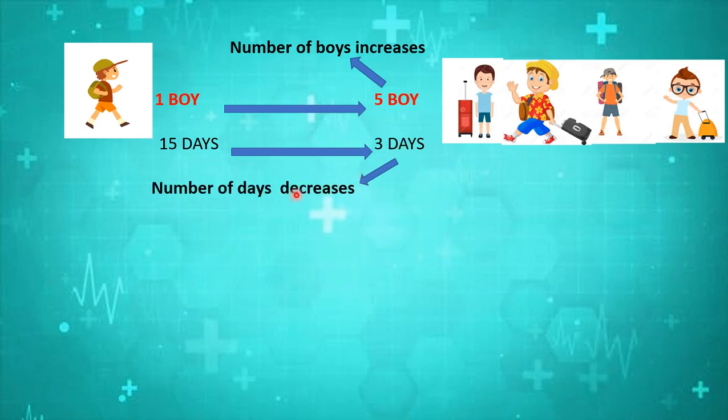Now one point we have to understand here: in direct proportion we learned that if the number of boys increases, the number of days will also increase in this way, or one quantity increases, accordingly the other quantity will also increase in the same rate or decrease in the same rate. Whereas in this example what we are observing is that the boys are increasing, accordingly the number of days are decreasing in the same ratio. So this is the problem known as inverse proportion.